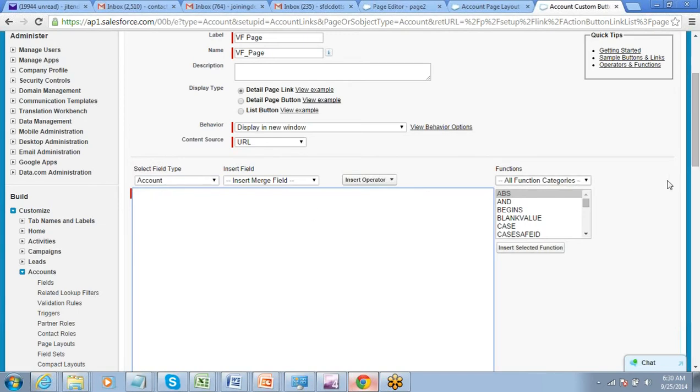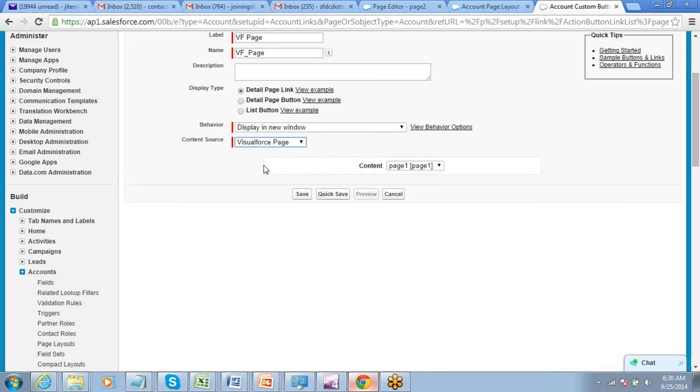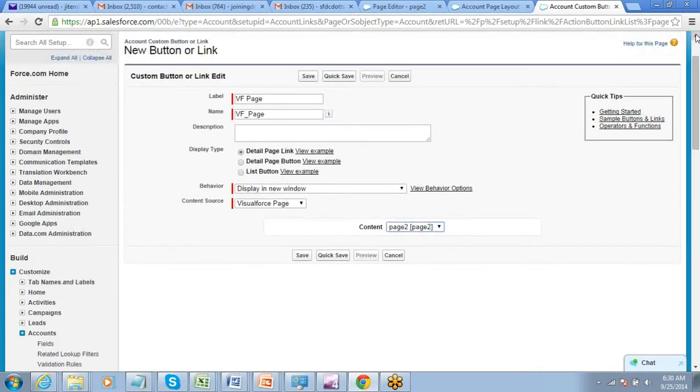So put a label and a name for this and say content source is a Visualforce page, right? When you create a new button, select the Visualforce page that you want to open from that button. Page 2 is what I want to open, that's it. Simple. Just give a name.